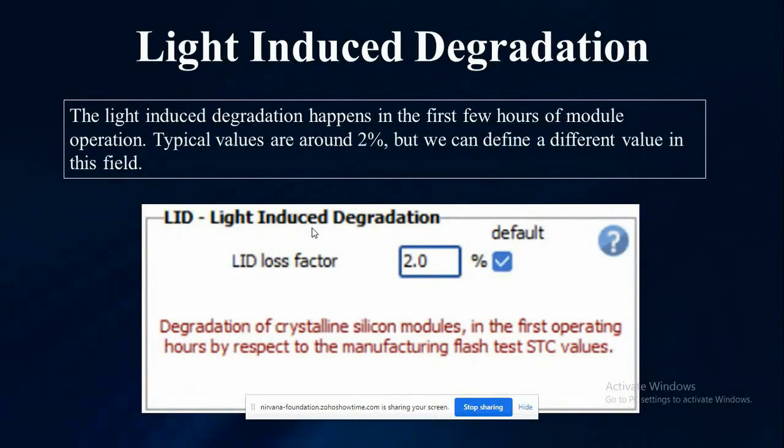And then light induced degradation. This happens mostly in crystalline silicon modules. In the initial hours after installation of these modules, after starting the system, this loss happens, and there are some default values available.